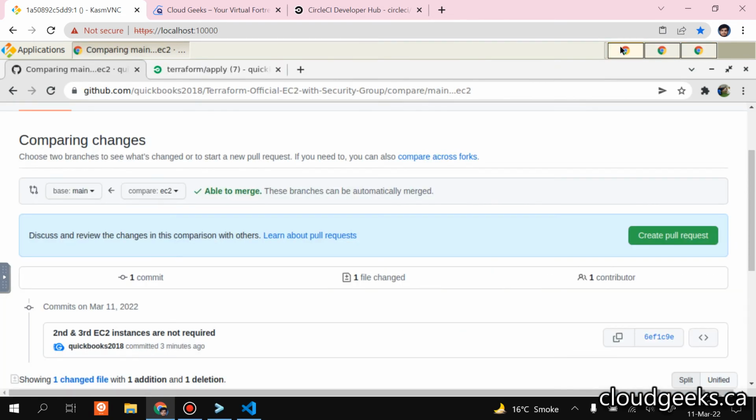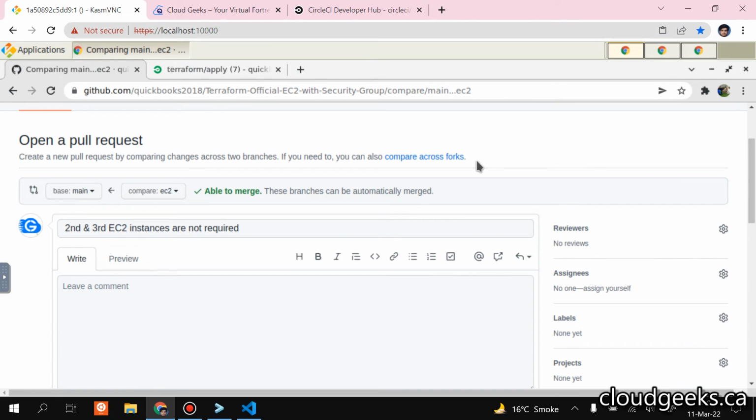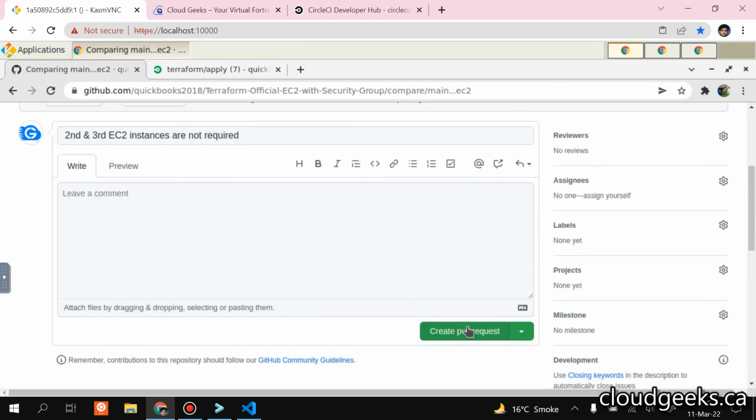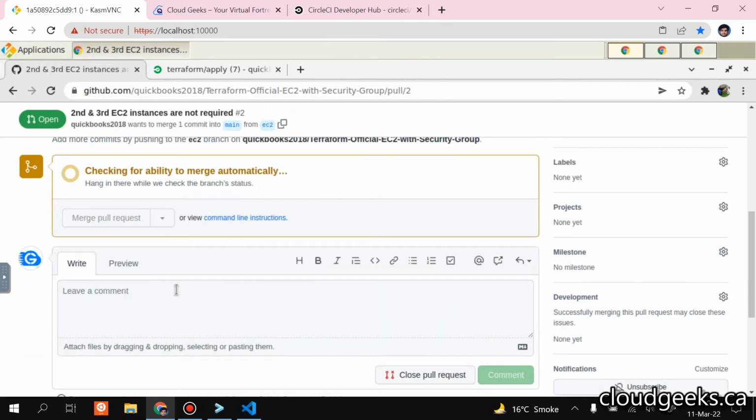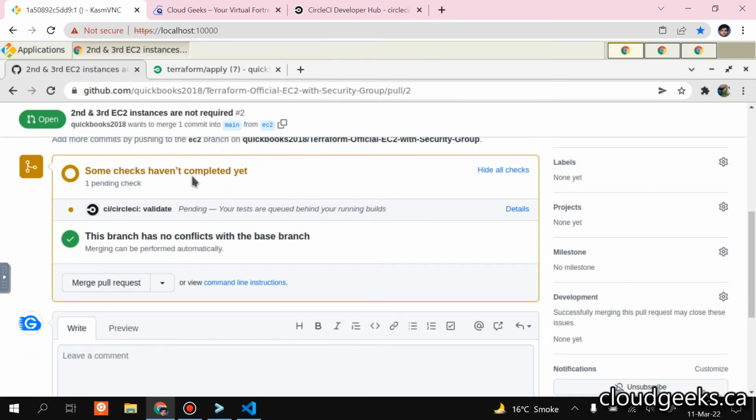I'm gonna navigate to my GitHub section. I'm going to create a pull request. So you see, once you click on the create pull request, some checks haven't completed yet. If you click this details area, you will see that